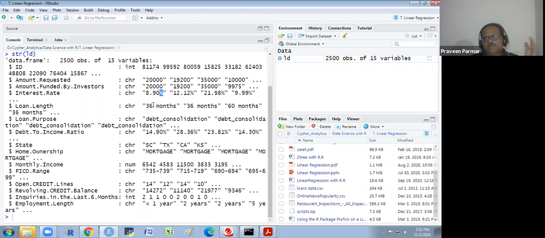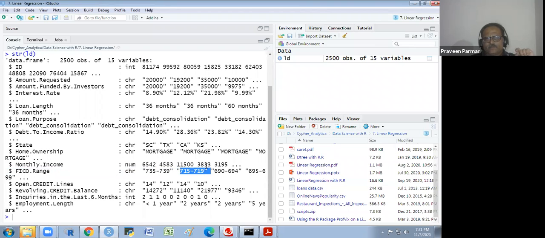Here we see later on about the 36 months or how many months loans are there, how many categories are there here in the loan length. And also the loan purpose, we will see how many categories are there. In the debt to income ratio, we will remove this percent sign and convert them in numeric. State, we will see how many unique values are there in the states. Mortgage, we see how many categories are there. Monthly income is a numeric, no problem, it's okay. This variable is okay for us. Then FICO range, we have to find the mid value of this all.